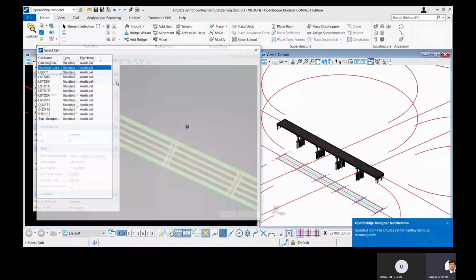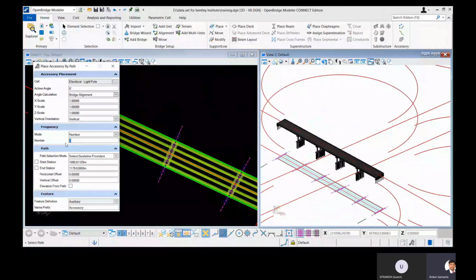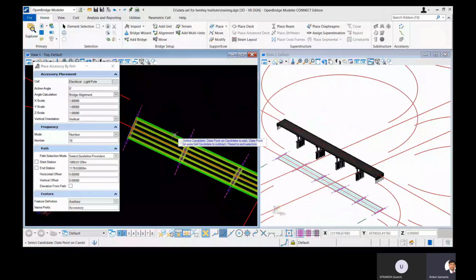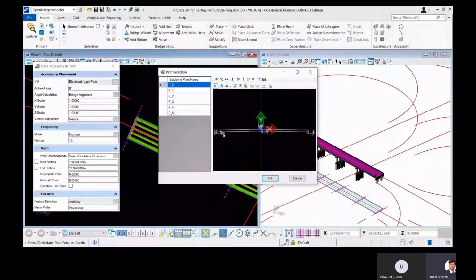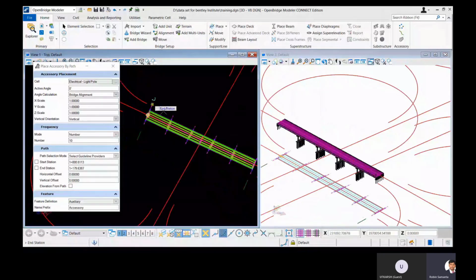So you can select the same post here, and you can select the deck, and then you can give a spacing or the numbers here. You can select by numbers or you can give a spacing, so it would be uniformly distributed throughout the length of the bridge. You can see that we have placed 10 numbers and we have selected the deck. It is similarly asking for an attachment point. As you know, we are placing it to P5. It's the left side. And it asks what the starting and the ending are.